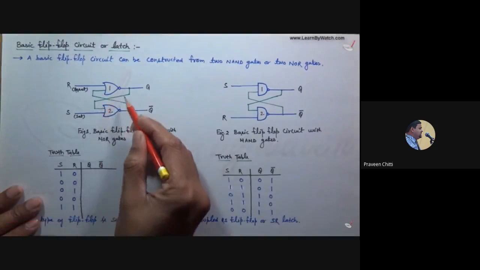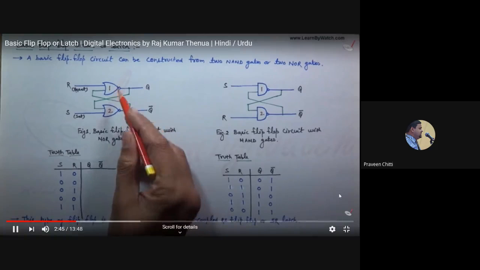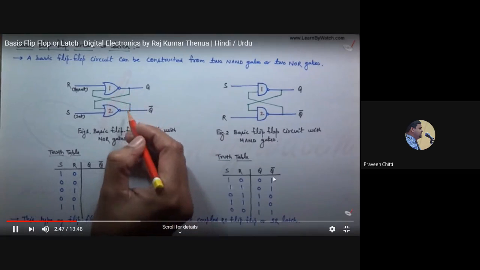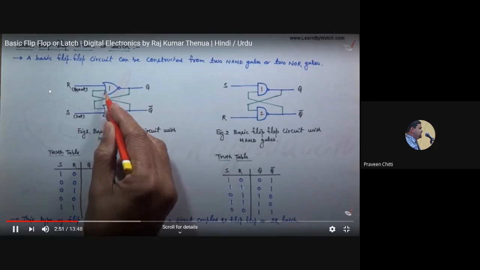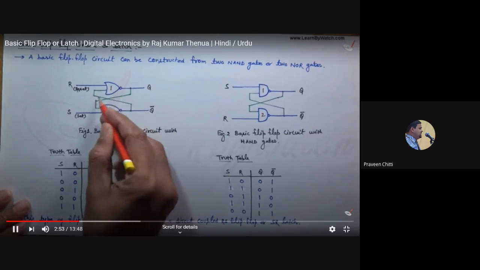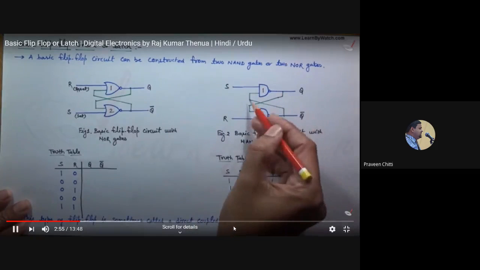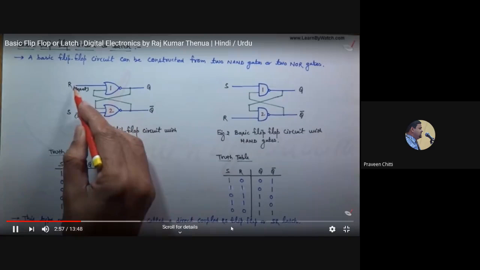नॉर गेट की मदद से बेसिक फ्लिप फ्लॉप, both are shown here. जैसा कि आप देख पा रहे हैं, similarly, you should be able to study latches, सही। तो आप यहाँ पे देख रहे हैं and you can see what is the change in the circuit arrangement for SR latch using NOR gate and NAND gate. फीडबैक कर दिया है, ये लैच करवा दिया एक तरीके से, इस वजह से लैच कह रहे हैं, ठीक है।